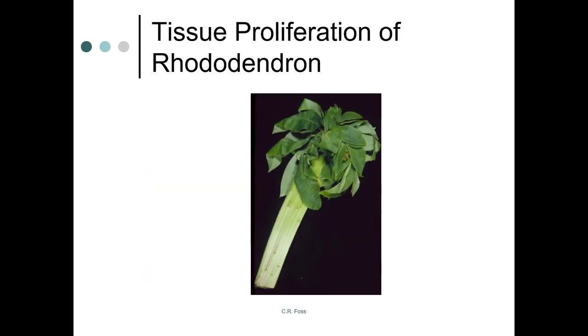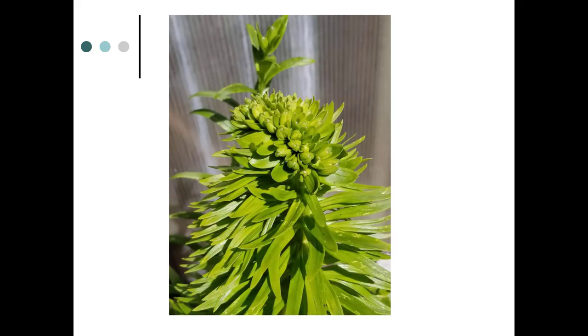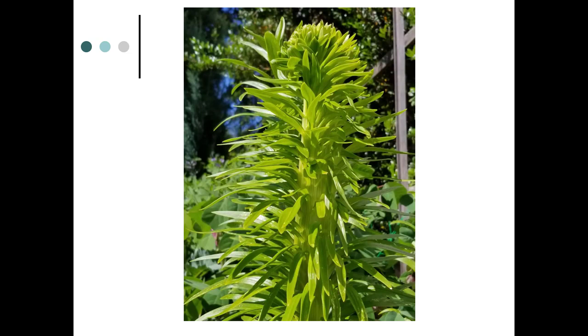So tissue proliferation on rhododendron looks like this. It doesn't even look real, right? This is outside of the greenhouse. I haven't really looked this year. This is from a couple of years ago. We had some leafhoppers on this early on. You can see the damage on the leaves here. And then you have the fasciation that occurs on the stem. And we can see better on this side.